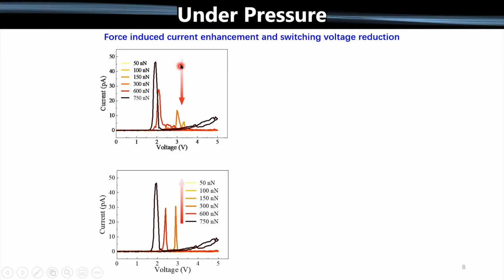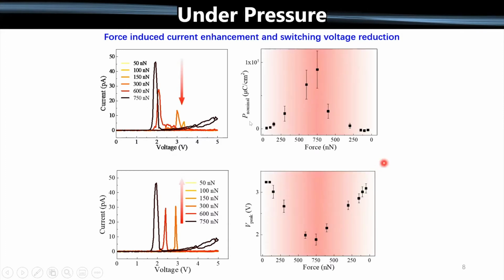We wanted to check what happened when we started decreasing the force. So here we're going from 50 to 750. Here we're going back down to 50 nanonewtons. And again, you can see a similar trend is following. And if we look at the charge associated with this current for the time it takes to record this data, we